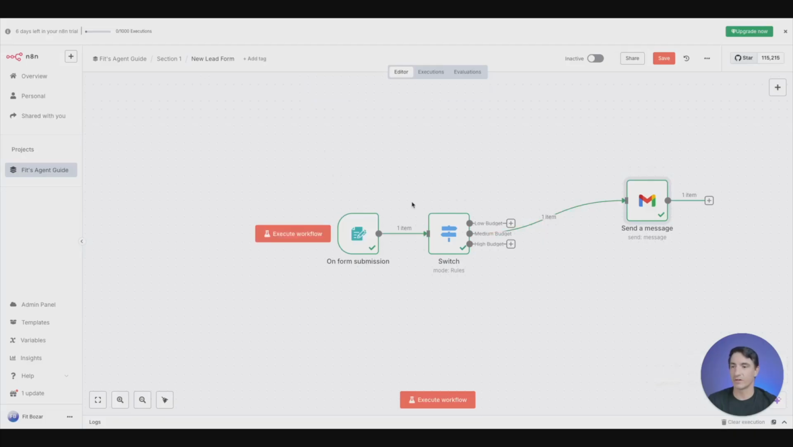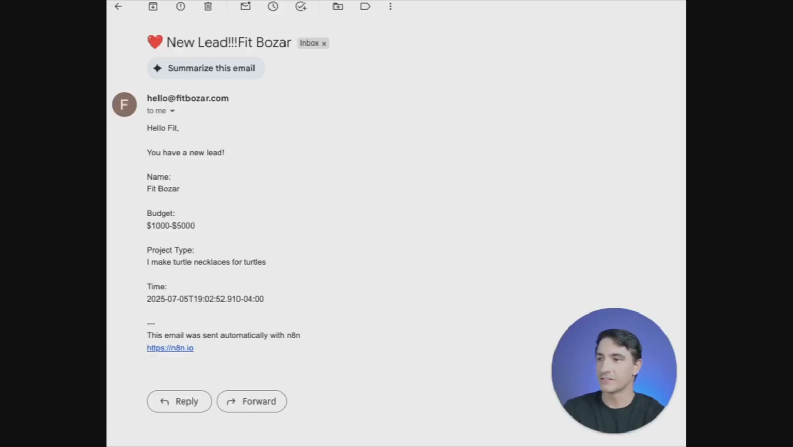Now the interesting part, let's go ahead and check the email. So we'll go to the email from here, and here is the email. So as you can see, we have the subject there, the new lead, and it was an expression. So we dynamically took what was in the form to add the first name to the subject of the email, as you can see here. And in the body of the email, we were able to add data specifically from the inputs of the form. So I have the name, I have the budget, I have the project type, and I also have the timestamp